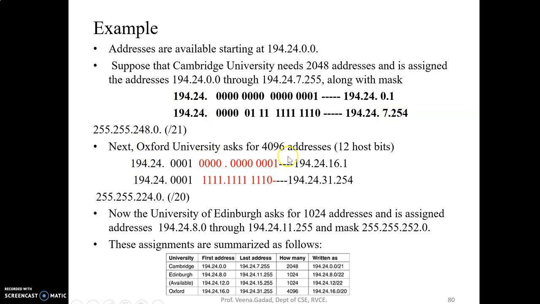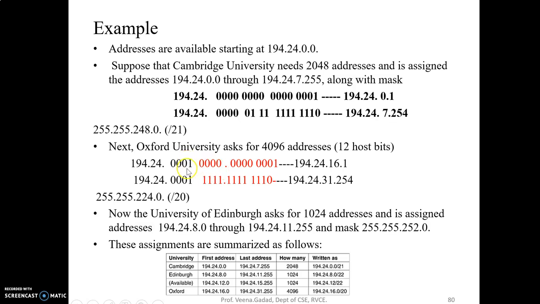Okay. Next, Oxford University asks for 4096 addresses. If 4096 addresses, I need 12 host bits. Correct? So what will I do? Those earlier addresses have already been used, so I'll start the next address from 194.24.16. If you observe, it should be a power of 2. I did not make use of 8, but in fact I made use of 16 here, because if you observe, we call this a byte boundary, or specifically a nibble boundary.